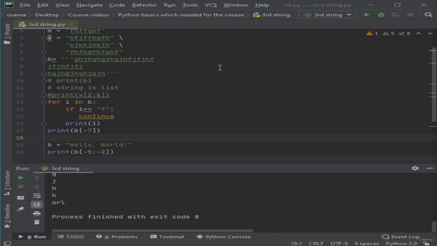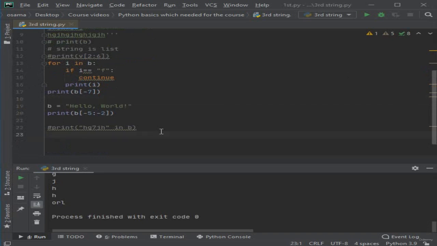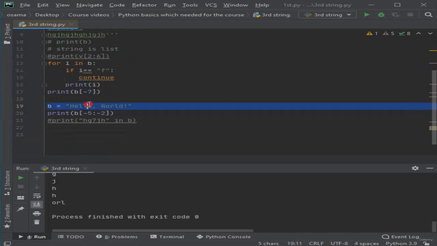In the next topic we will talk about modifying the string. How you can change the string or do some operation on this string. First, how you can make, if we have a string like this, hello world,